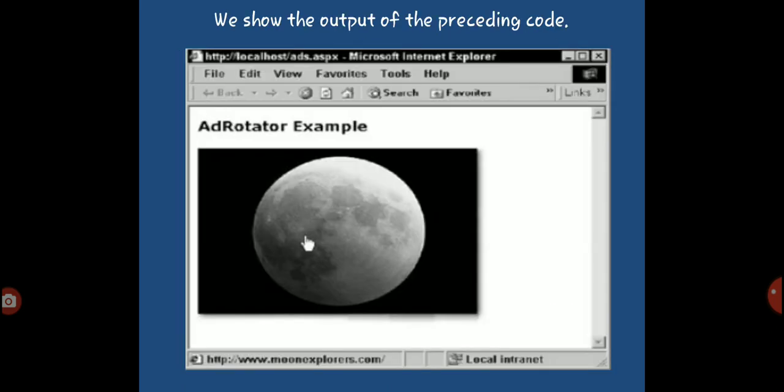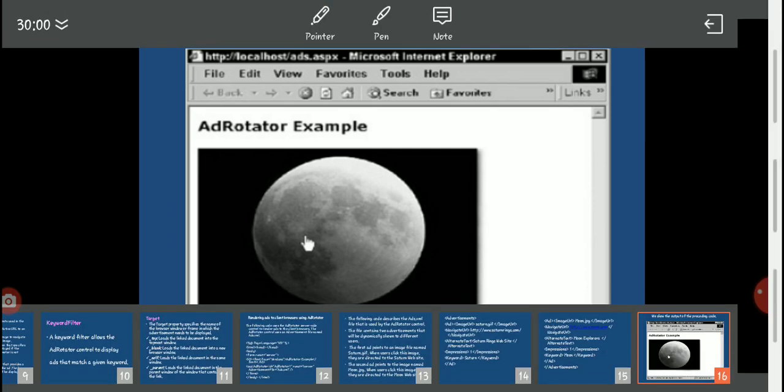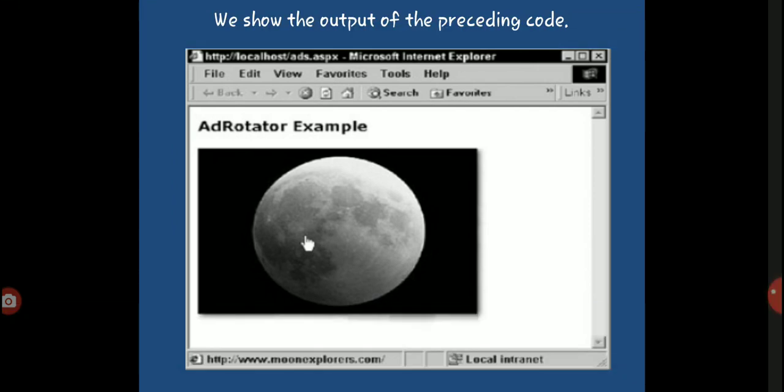When we execute the coding, this particular result will be given on the screen, in the browser window. That is all about the ad rotator control. So this is the first rich web control, the ad rotator control.